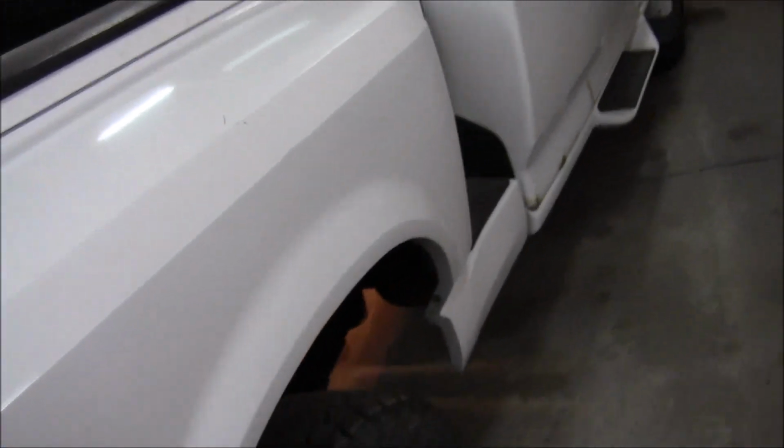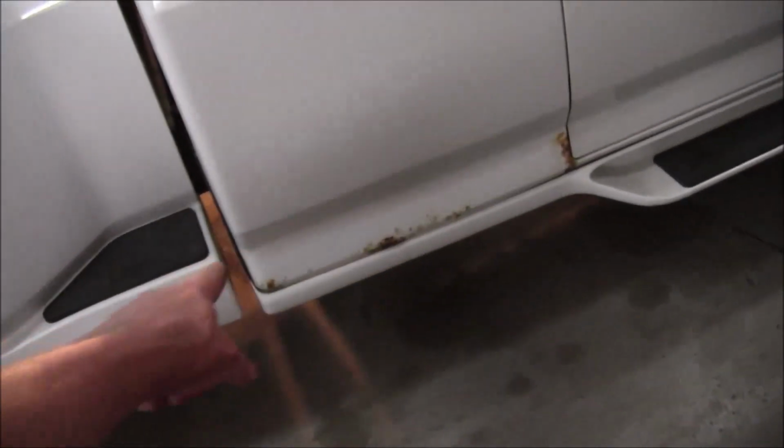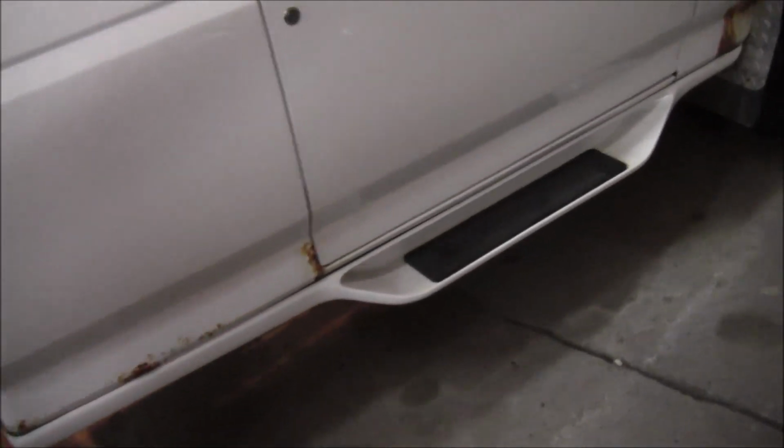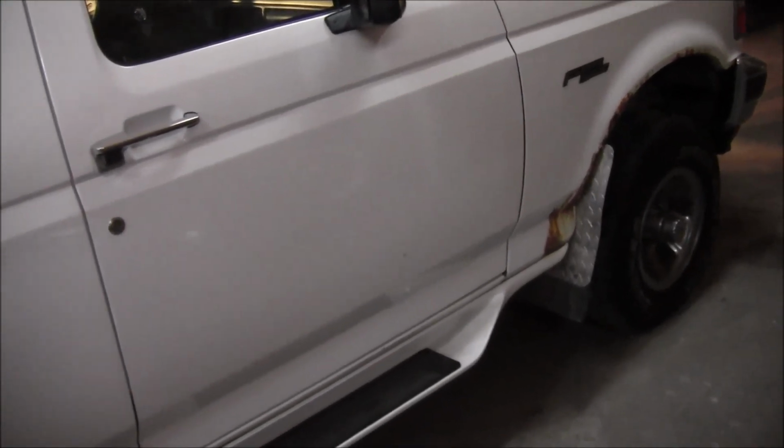You know, all the fenders, everything's in really good shape. The only thing that really needs done is the cab corners need cut out. The door bottoms are in good shape, and put some new front fenders on it, and she'll be good to go. And I'm thinking of painting it a blue and white with,